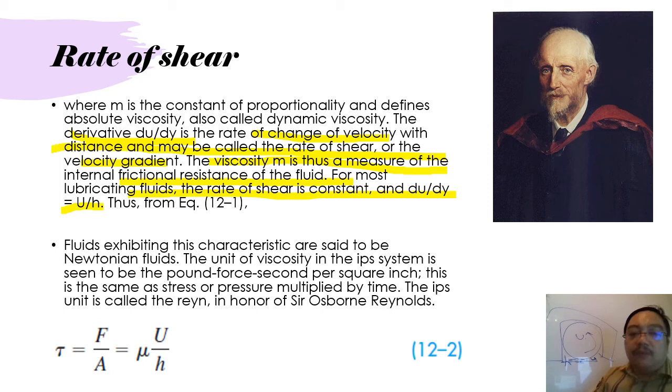Okay, fluids exhibiting this characteristic are said to be Newtonian fluids. The unit of viscosity in the IPS system can be seen in pound force second per square inch. This is the same as stress or pressure multiplied by time. The IPS unit is called the reyn,